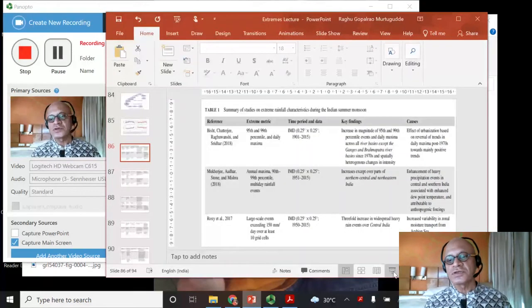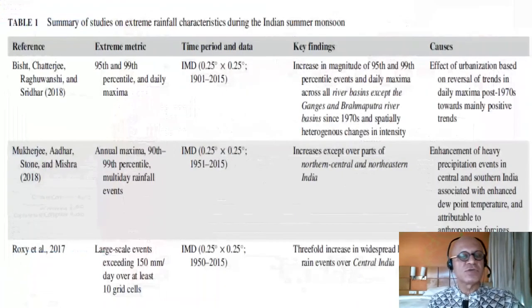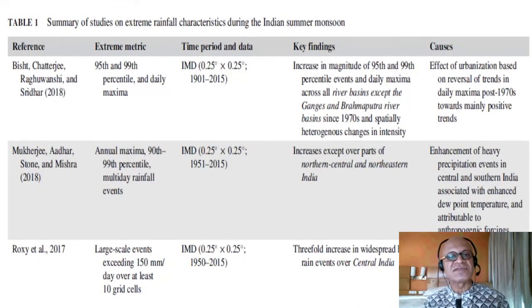So we are going to just read through the table, which is not always much fun, but it's very instructive. So the references, extremes, metric, time period and data, key findings, and when possible causes identified by the study are listed here. So I won't read the extreme metric, but I will just point out that each study has